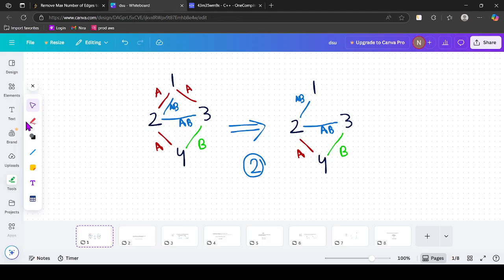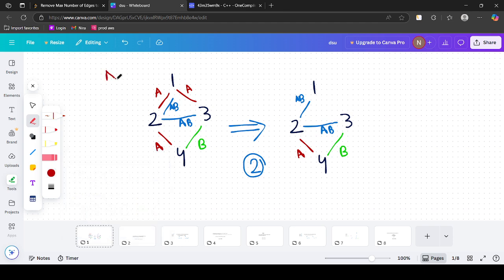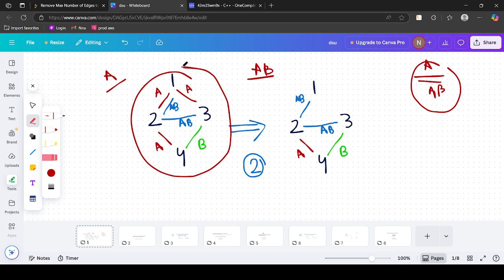So what the question is saying, let's say this is the original graph. The red edges indicate that only Alice can traverse the edges, green indicates only Bob can traverse, and blue indicates that both Alice and Bob can travel. So for example, if the same edge has both A and B, it means that both can travel. So this is the original graph and we have to remove the maximum number of edges so that finally both Alice and Bob should reach all the nodes.